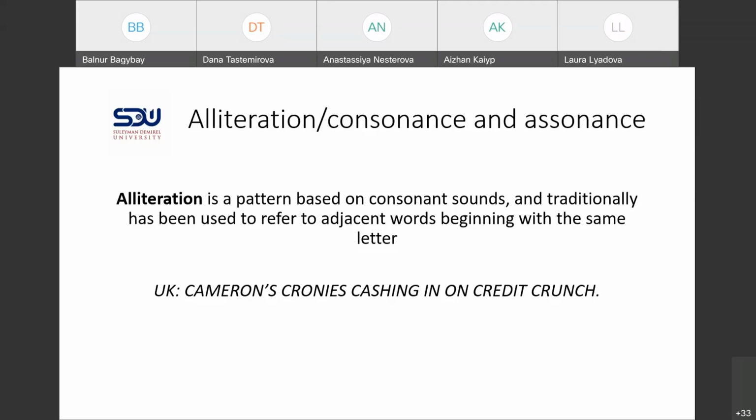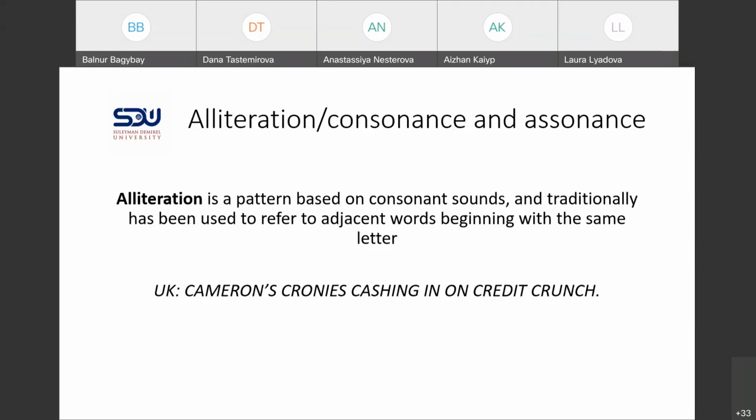So this is about the letter C. The very interesting thing is that McIntyre and Jeffries used this example, and they say that it is actually an advertisement by the Public Workers Union in the UK. And you probably remember David Cameron, the Prime Minister in the UK. So it's about him. That very repeated voiceless K sound is considered effective in drawing attention